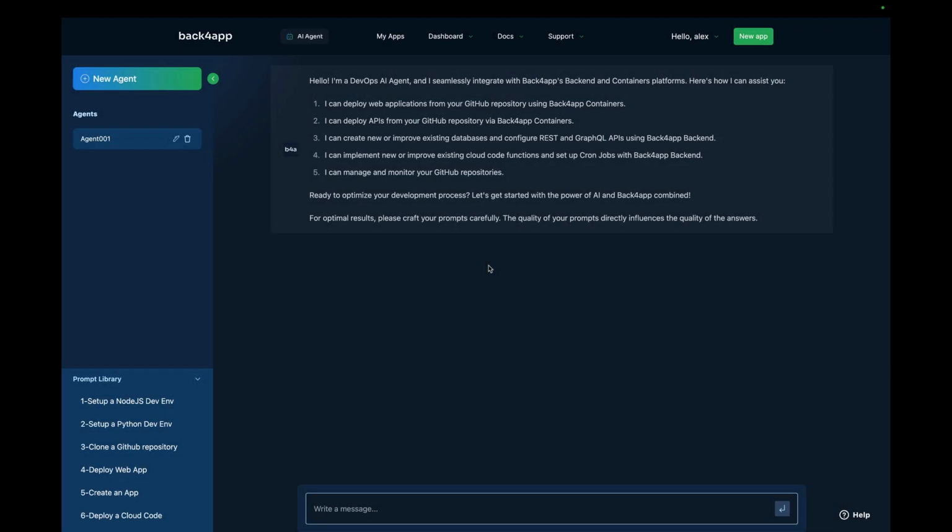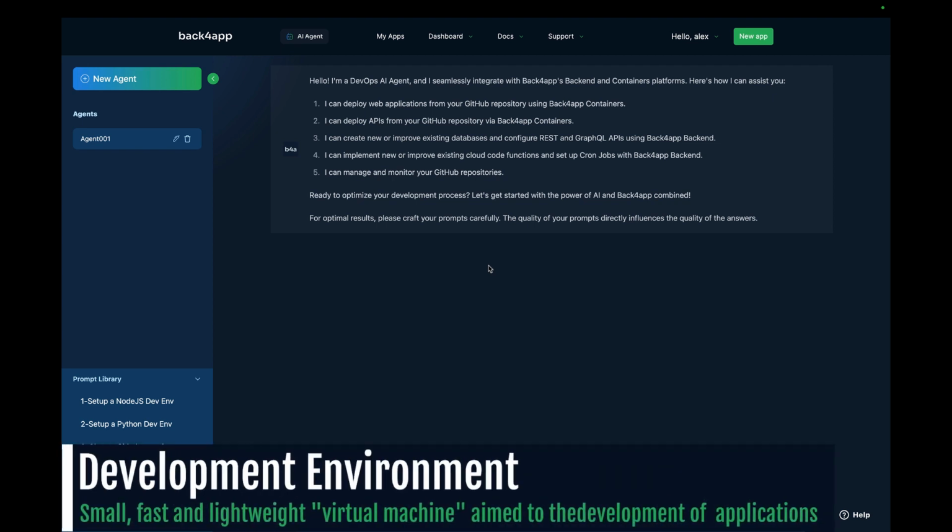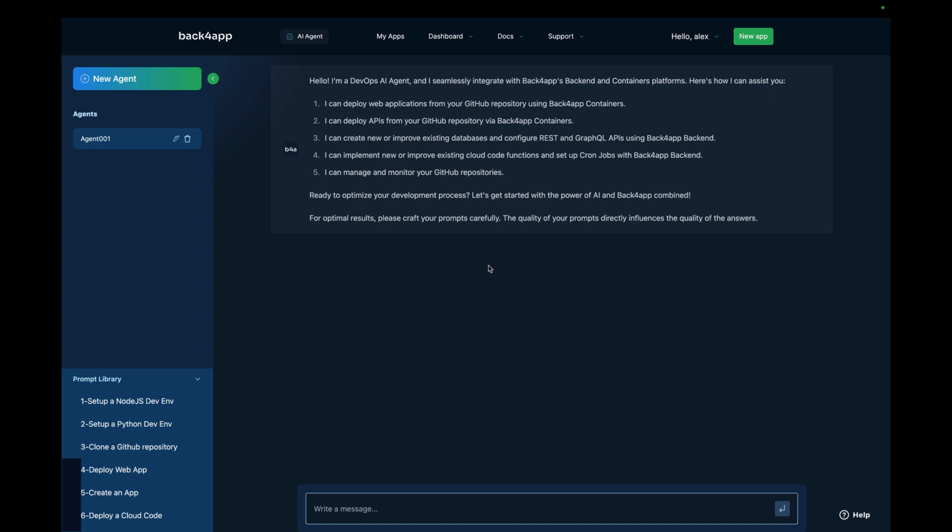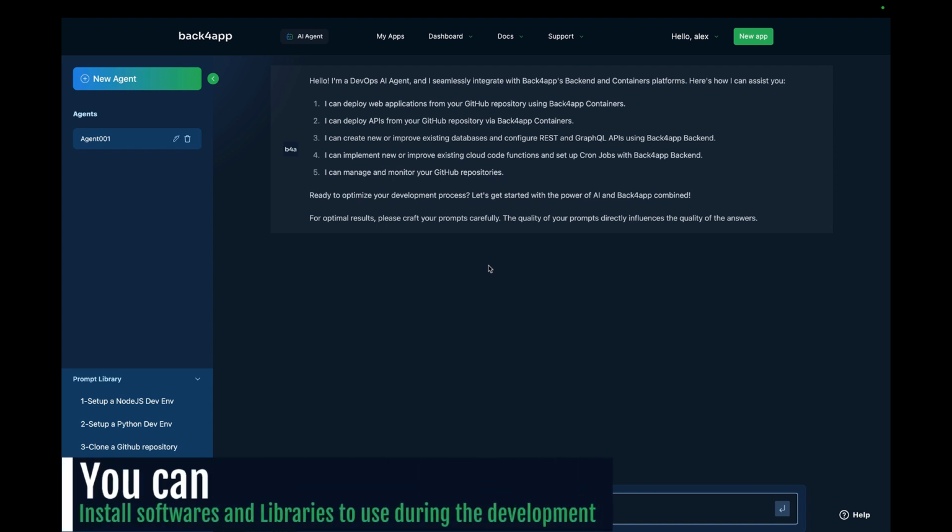One of the most impressive features of the AI agent is its ability to create a development environment. A development environment is like a small, fast, and very useful virtual machine for developing applications. You can install and remove software from it to allow you to develop it with modules and libraries that you